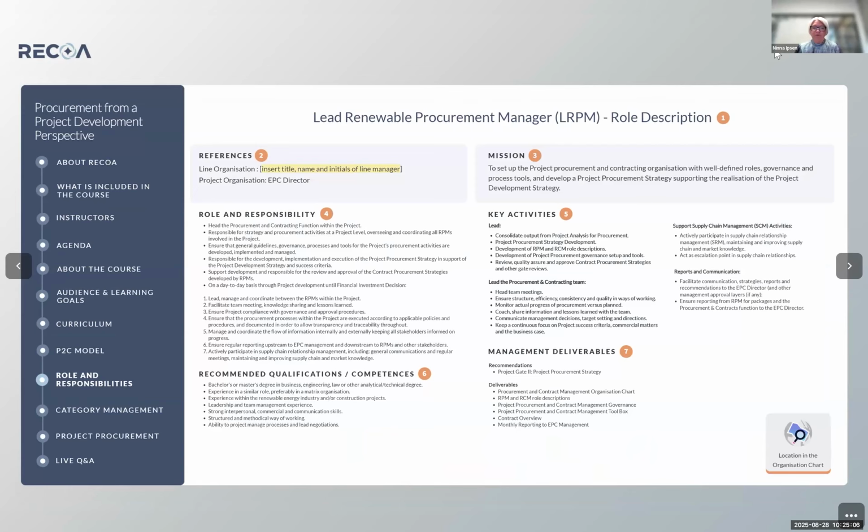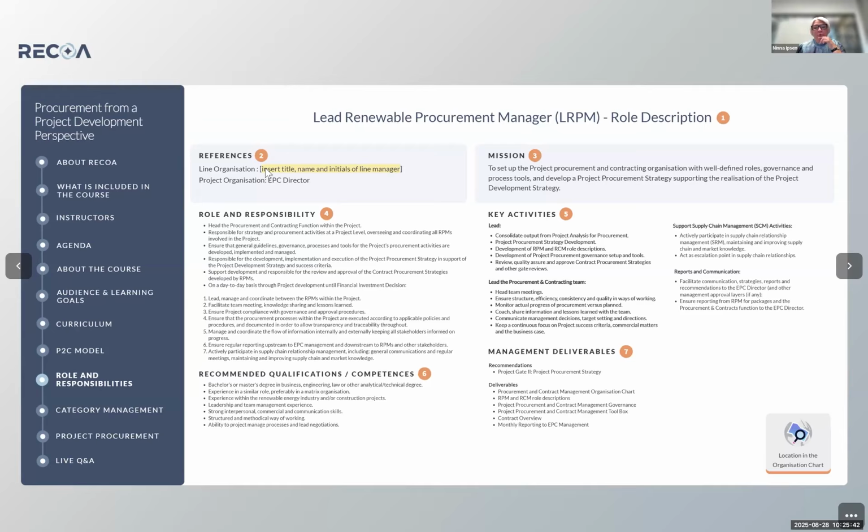the role descriptions for what we call a lead procurement manager and a role description for what we call a procurement manager. And if we remind ourselves about the two orange columns again, this is actually where the lead procurement manager will have a big role to play. We target this role as a bit more strategic and on a project level responsibility compared to a procurement manager,